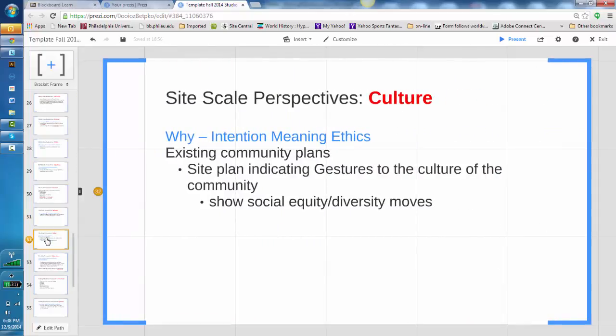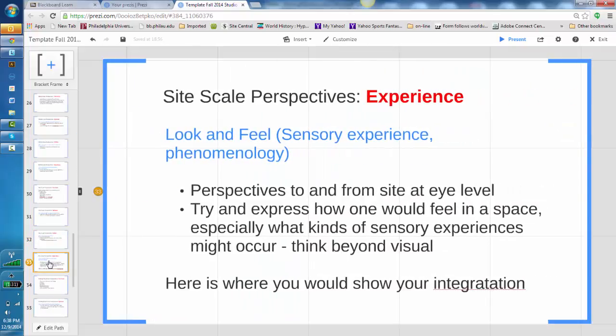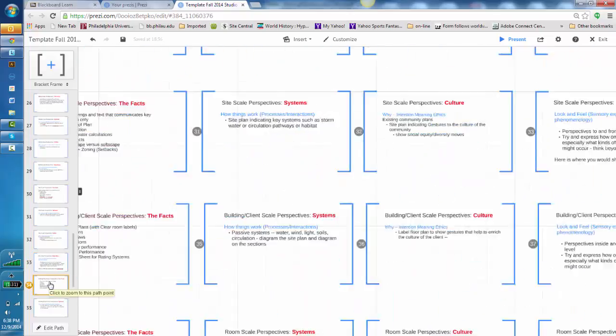Moving on to the culture, how does the design of the site, the landscape, reinforce or change the culture of the client? And that needs to be shown here. And how did it create a sense of community on site? And then, of course, the experience on the site, the sights, the sounds, the smells, the spatial variation, all of these need to be shown either in a drawing or some way that you can explain that.